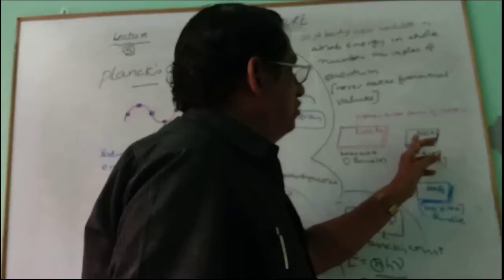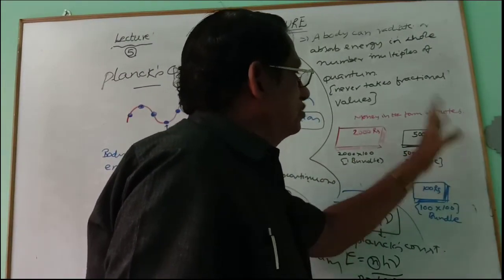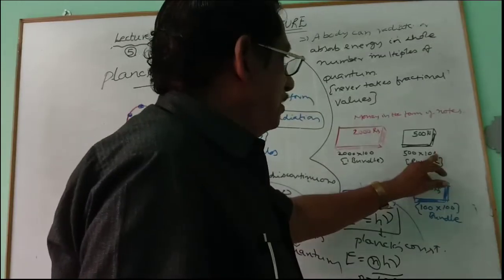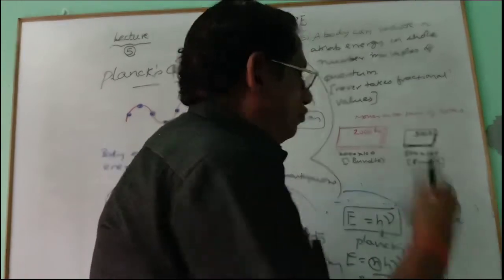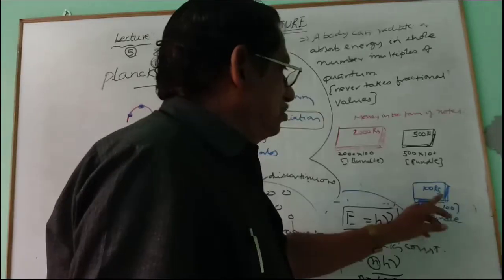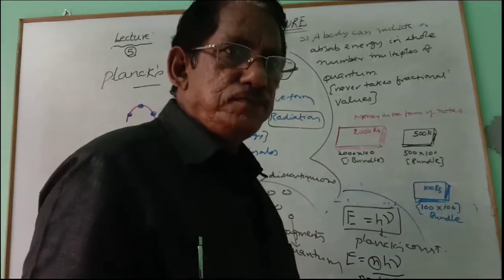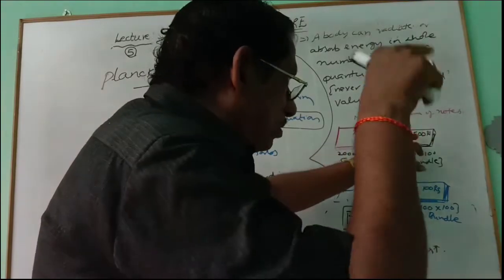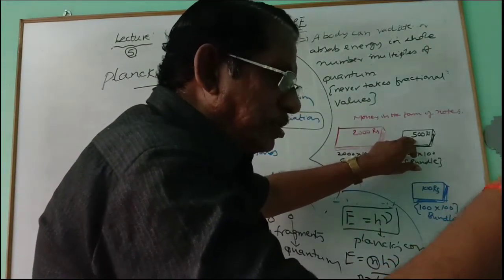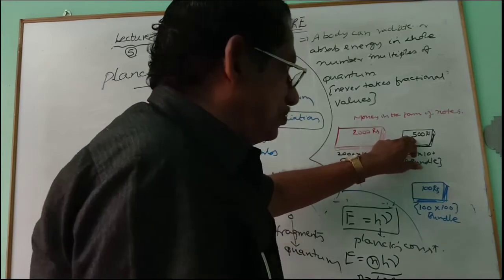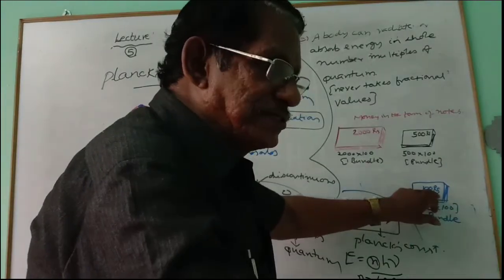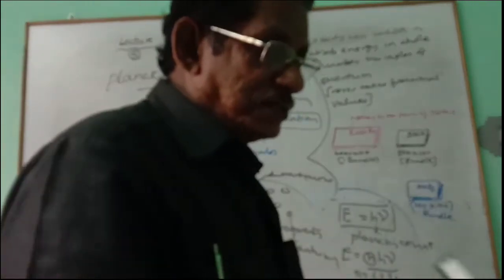And in this case, we have a 500 rupees bundle. Bundle means 100 notes, each note value is 500 rupees. This is one bundle. Another bundle, we have 100 rupees notes, 100 numbered, that is one bundle. There are 3 bundles. Here quantum value is 2000. Here quantum value is less. Frequency is less, quantum value is decreased. Here still less, still frequency is decreased, quantum value is decreased. That is how to understand.